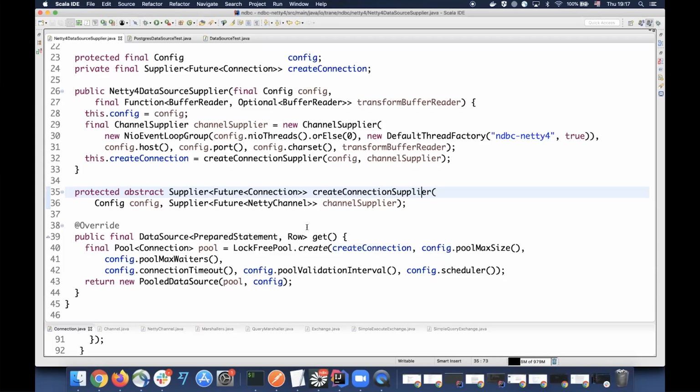And then we have to create, like I mentioned, a connection. We have the create connection supplier that supplies something, that creates something, that creates something. But the thing is, you just declare that. When you start executing that at the end of the world, we have a future, and then you decide what you do with that.